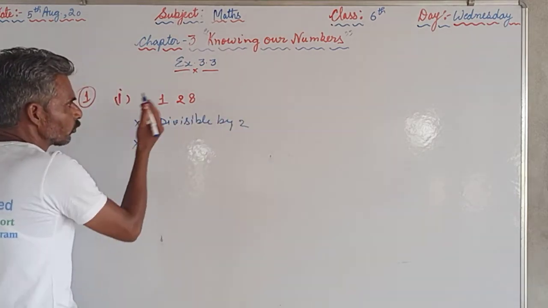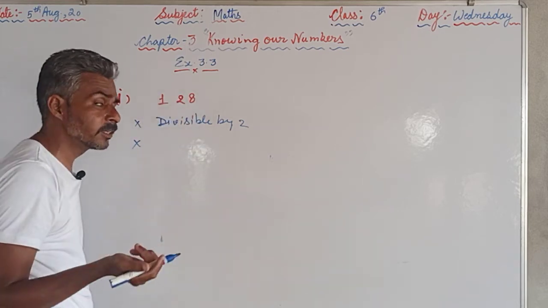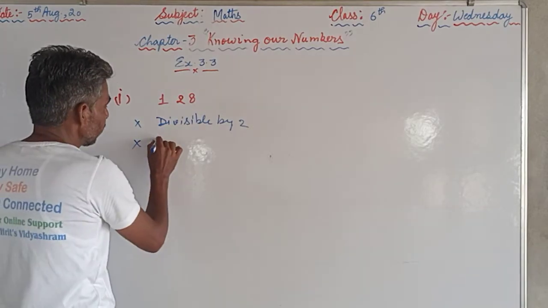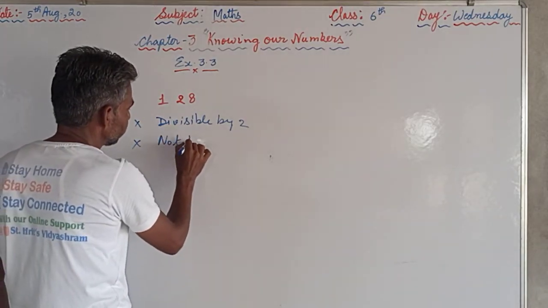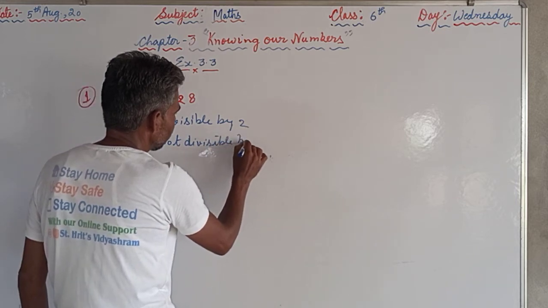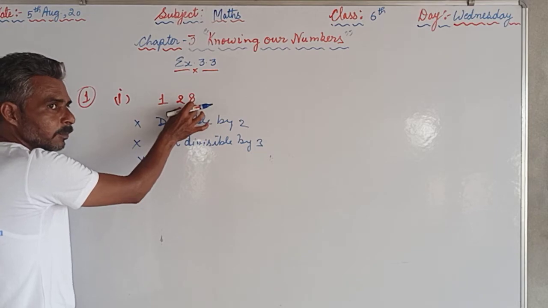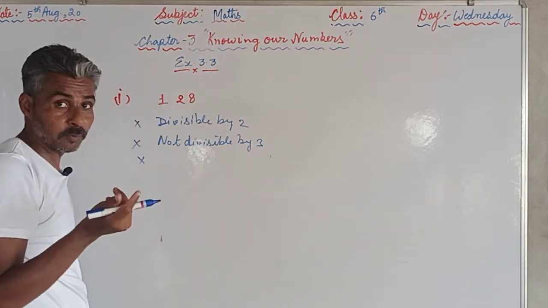Then for 3 we will check 8 plus 1 is 9, 9 plus 2 is 11. 11 doesn't come in the table of 9, that's why not divisible by 3. Then by 4, 28 comes in the table of 4,